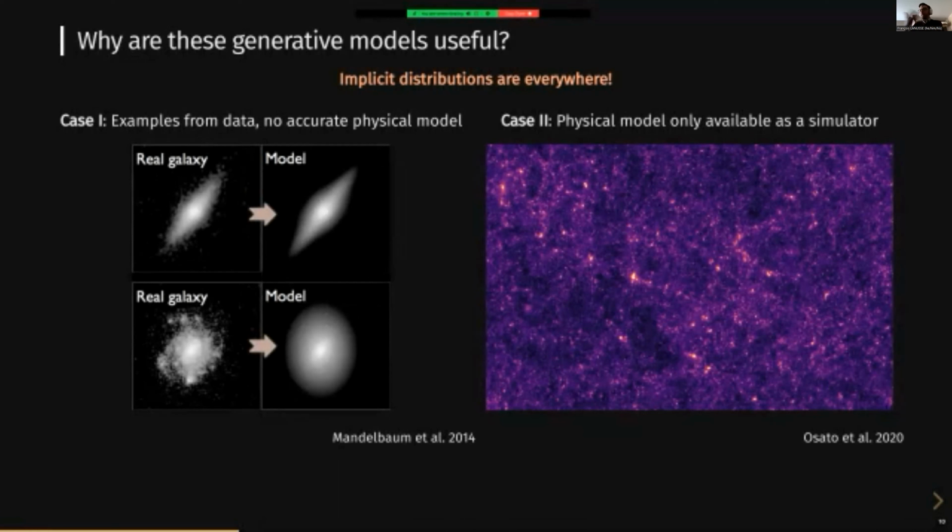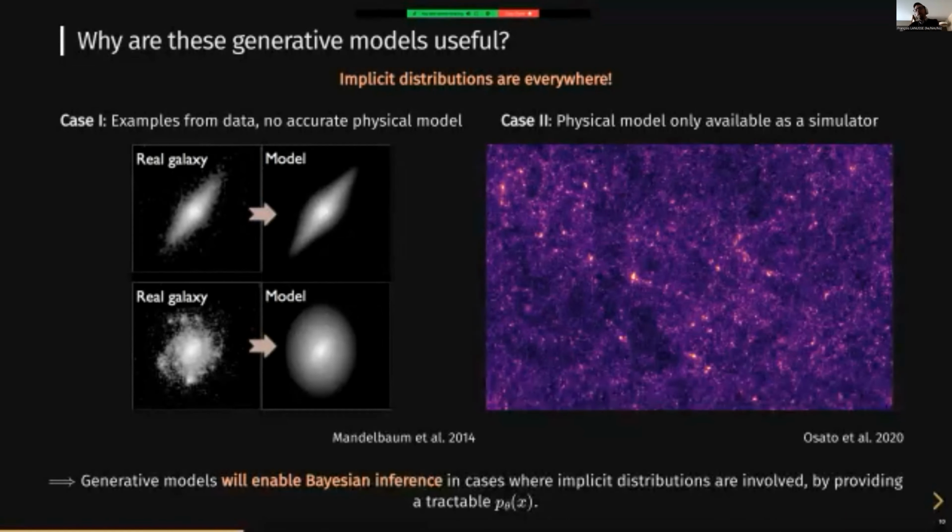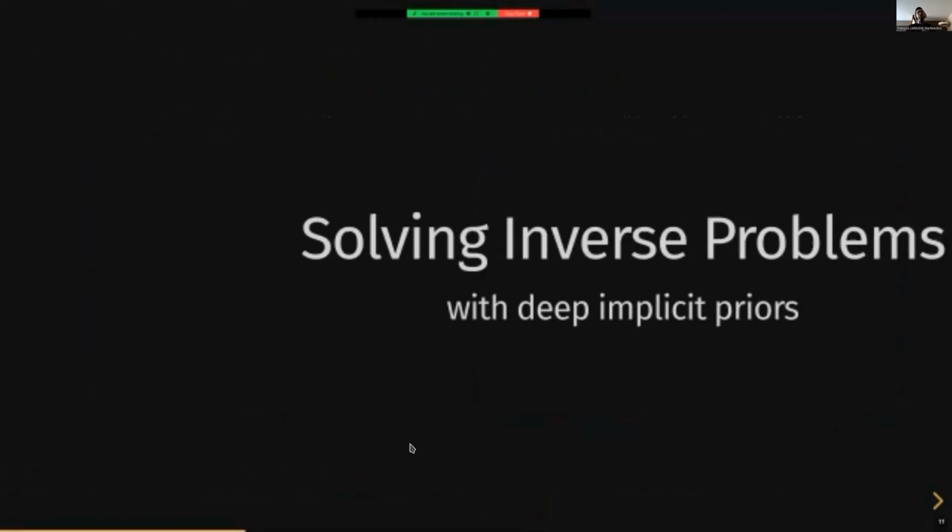And so in both of these cases, the nice thing with deep generative models is that they will give us a way to build an actually tractable model distribution from samples of data. Then we'll be able to plug this model distribution within a larger Bayesian inference framework, and leverage them as conventional models. I will show you an example of that just after. All right, so that's the idea of where we're going to use deep generative models.